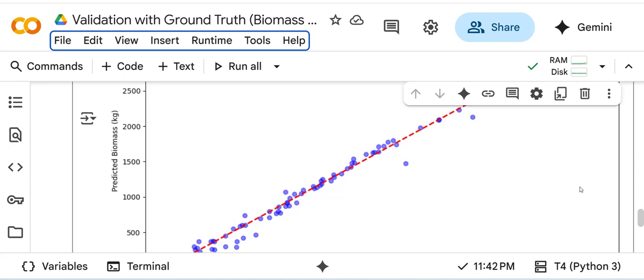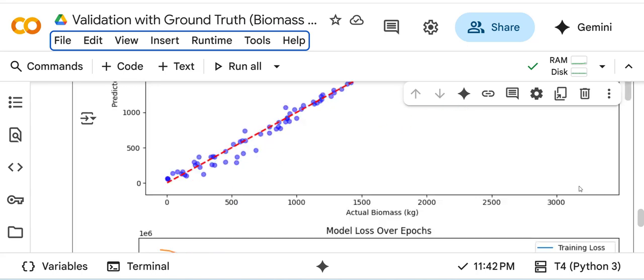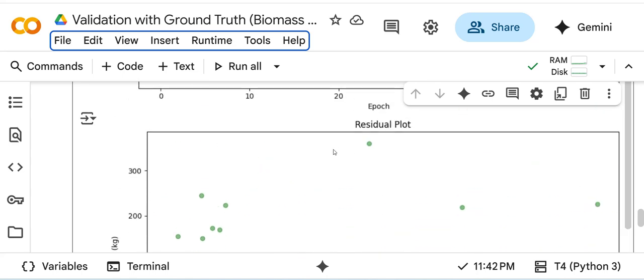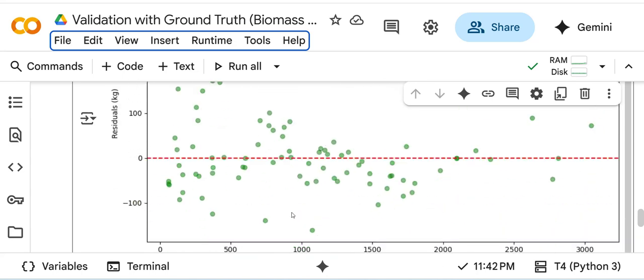And the residual plot helps identify error patterns such as potential bias at higher biomass values. With real satellite data, for example Sentinel-2 NDVI, these metrics, especially MAPE, could improve.